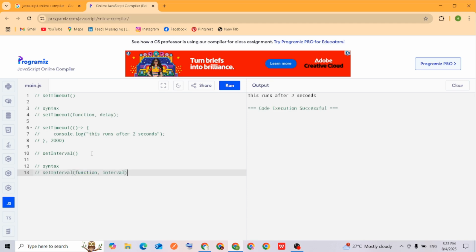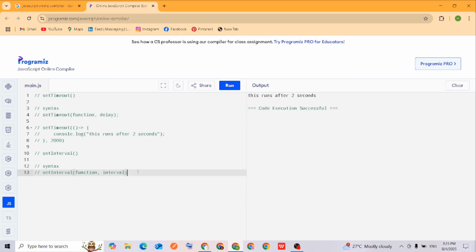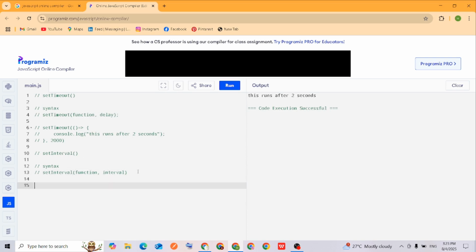This is the syntax. And we'll write an example the same way, but here we have to give an interval. Sorry, setInterval. Okay, arrow function